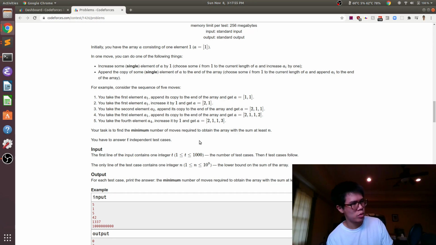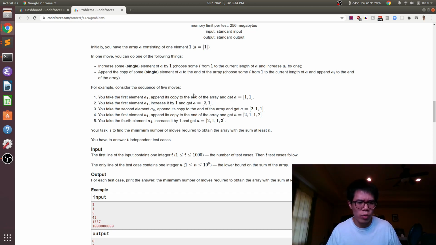On these types of problems, generally you want to figure out, okay, I have these operations. Is there some order that makes sense to apply them in? In this case, it makes sense to do all of the increments first before we do any copying. The reason for that is if we copied a number and then afterward incremented either of the copies, we could have just done the increment first and then copied, and we would have a bigger sum.